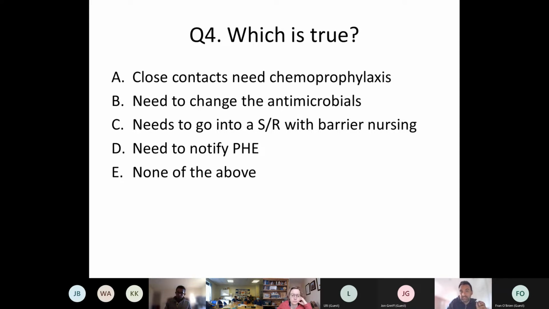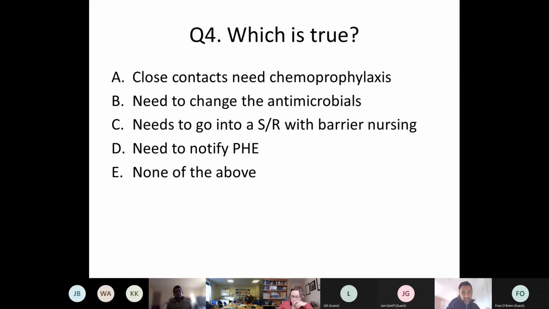So actually chemoprophylaxis isn't needed. There wouldn't really be any need to change the antimicrobials at this point. You've confirmed the identity of the organism. We know it's sensitive in most cases to ceftriaxone, so I would carry that on. Again, the side room with the barrier nursing, so we know that there is the protocol for doing this for acute bacterial meningitis, but that is really only for Neisseria meningitidis, and that's for 48 hours. In this case, where you've pretty much proven that this is strep pneumoniae, you wouldn't need to do that. You do need to notify PHE, public health, well, whatever it's called nowadays, for the fact that this is an acute bacterial meningitis.